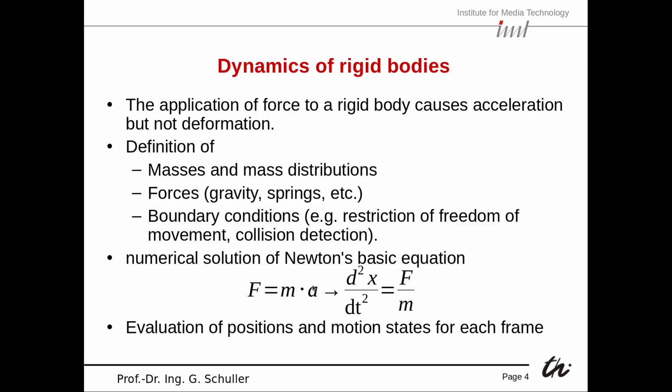So basically we bring mass on the other side, then we have force divided by mass equals acceleration, and this leads us to this equation here. Right, so here we have our first differential equation, because it's an equation using the second derivative here, and we need to solve this equation in order to have